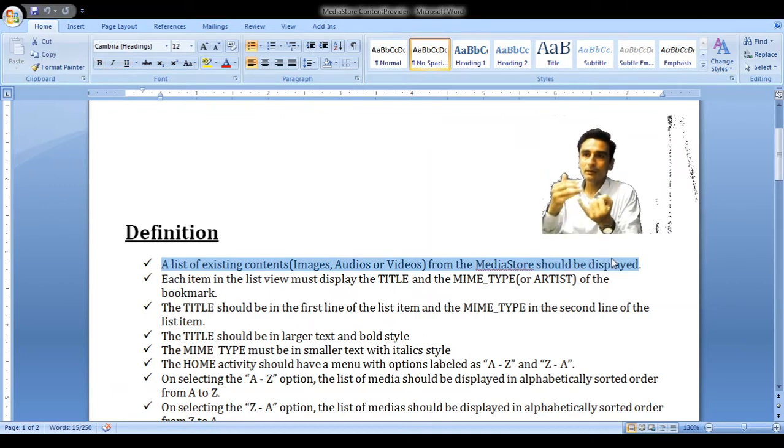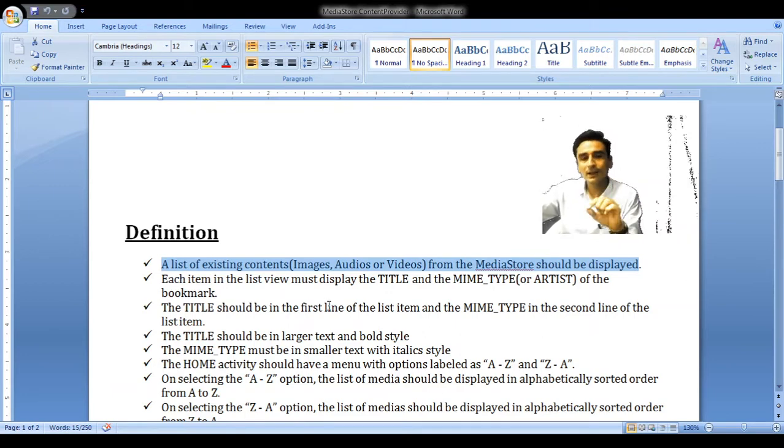The data of images, photos, audios, videos, all these types of data are considered media, and all this media data is handled by Media Store Content Provider. In this application we will be displaying a list of a particular type of content, maybe image, audio, video.